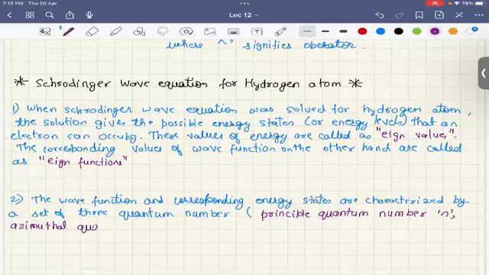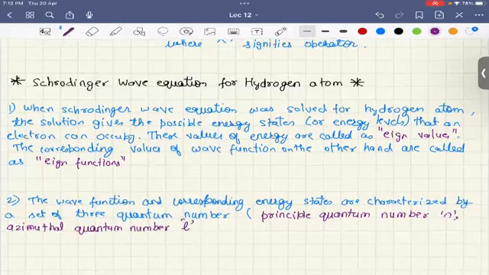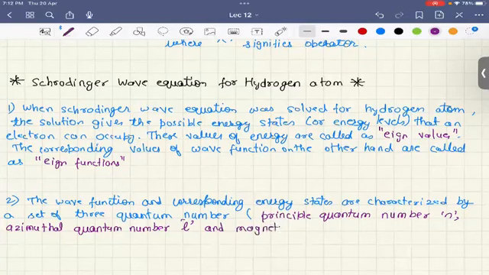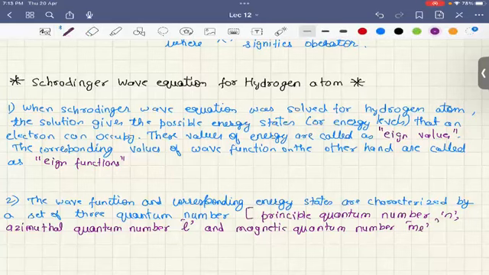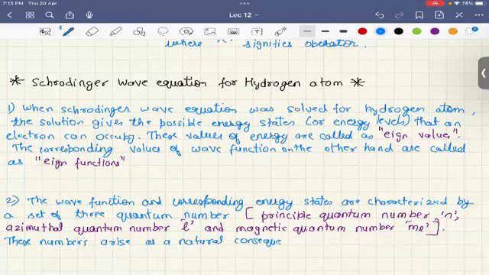Azimuthal quantum number, which is denoted by the symbol L, and magnetic quantum number, which is Ml, right? These numbers arise as a natural consequence in the solution of Schrodinger wave equation,